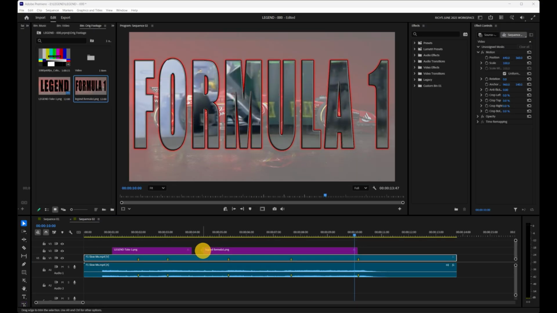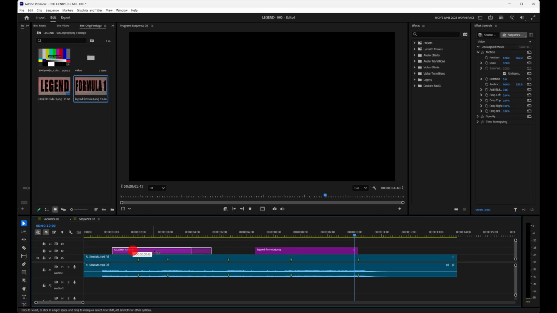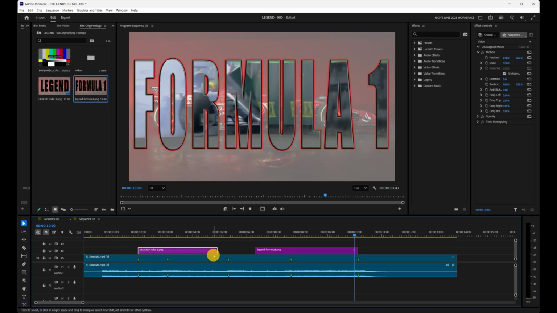And I think what I'll do is I'm going to line these up, and this is kind of where I want the first image to start. And I'll just kind of cut it in half here and have it change at the end actually to Formula 1. Like this. Now what we want to do is add an effect. I've pre-selected an effect over here in the effects panel. There's one that's called cross zoom,